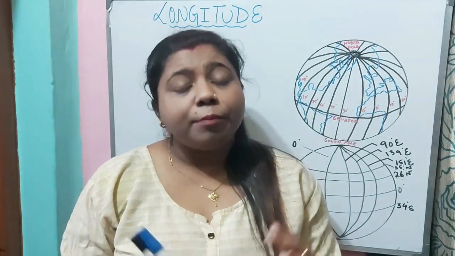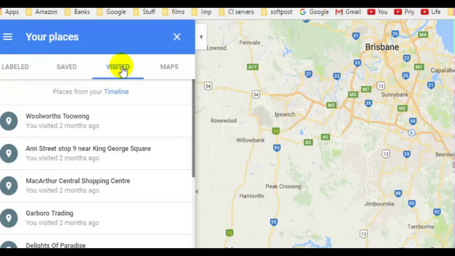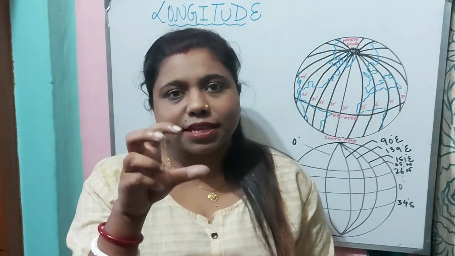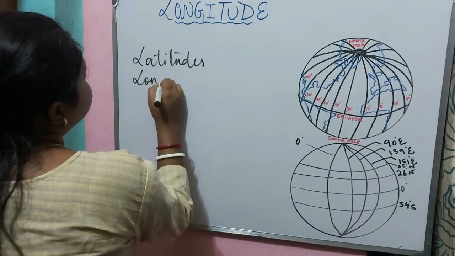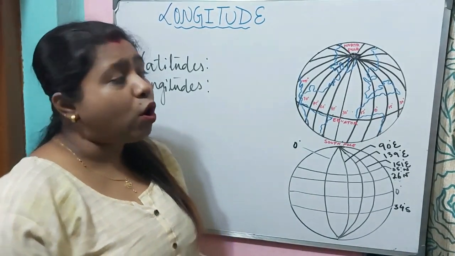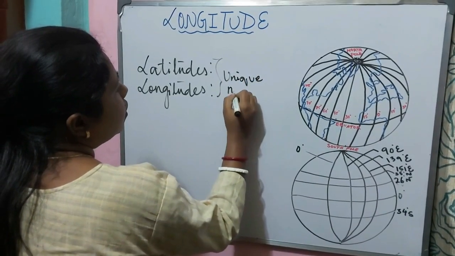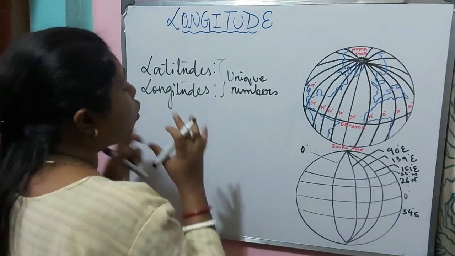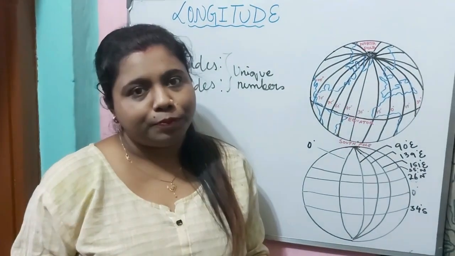Now, in the case of Google Maps, you may ask how Google Maps finds the exact location of a place. Because in Google Maps, they have a lot of numbers stored in it, and these numbers are referred to as coordinates. Whenever we put in an address, they provide the coordinates of latitudes and longitudes. These are unique numbers, and with the help of these unique numbers stored in Google Maps, we can easily locate any place on the earth.